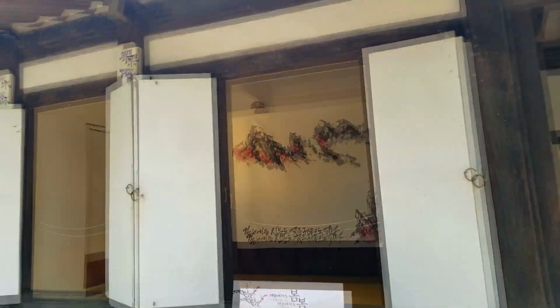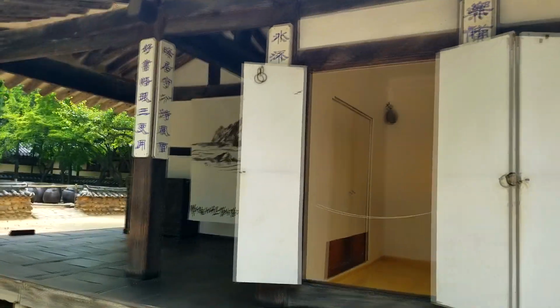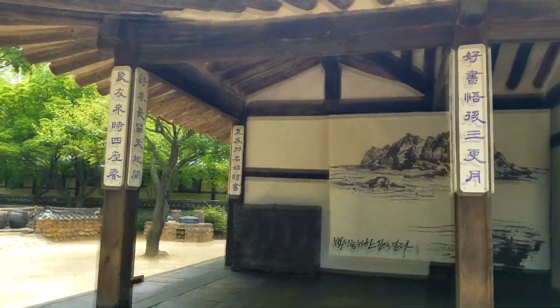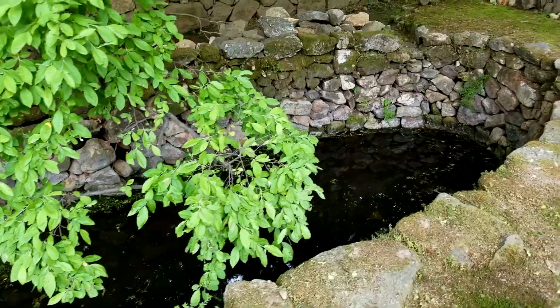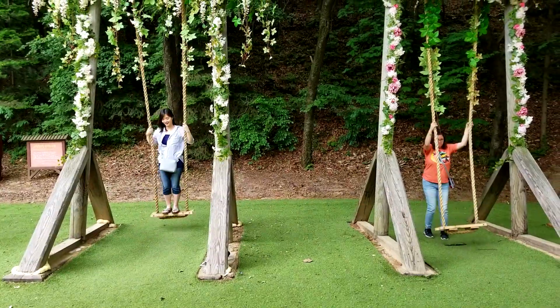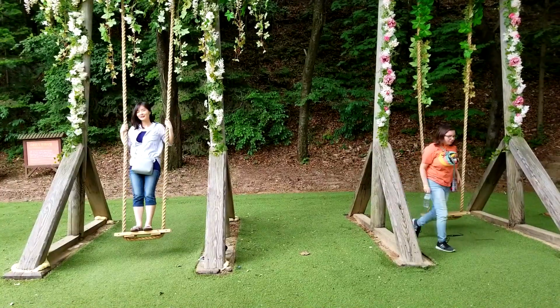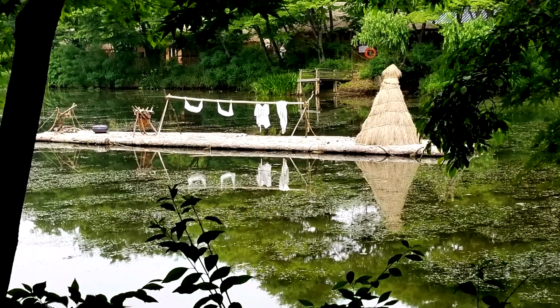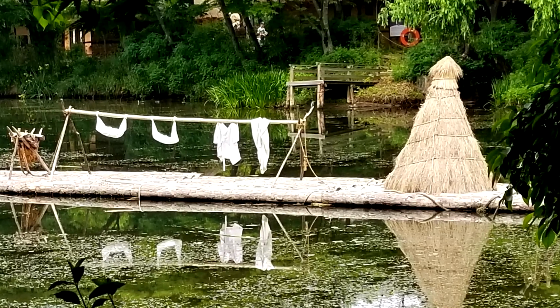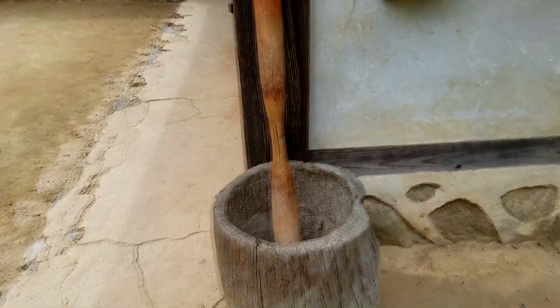Near the sawan was an ancient-style cafe, a pond, a traditional swing set, and an ancient-style raft. One of the most interesting things to me was the various methods for mashing beans and